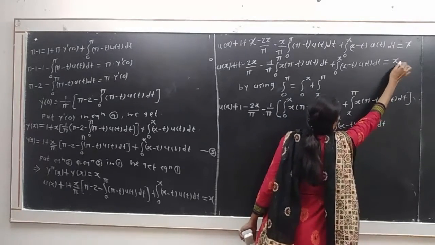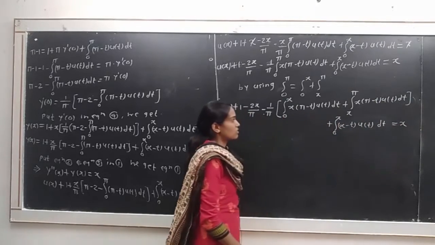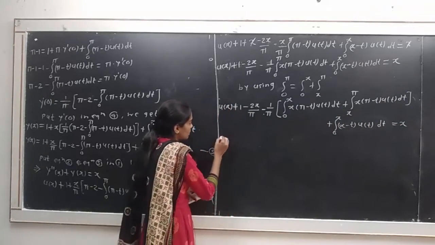Here is equal to x is missing, therefore we write here is equal to x,